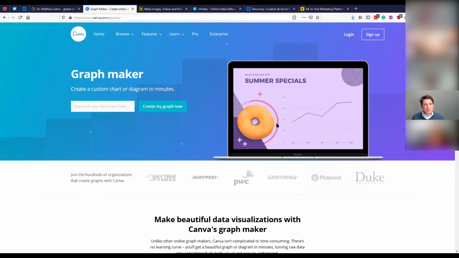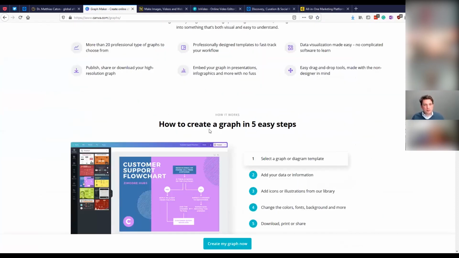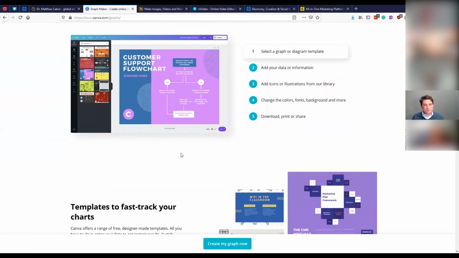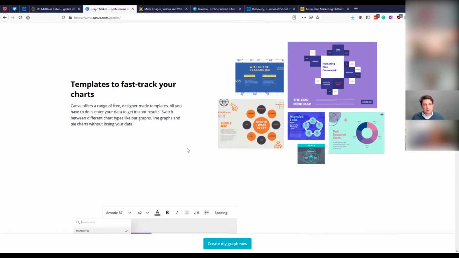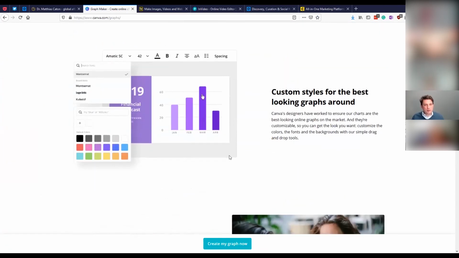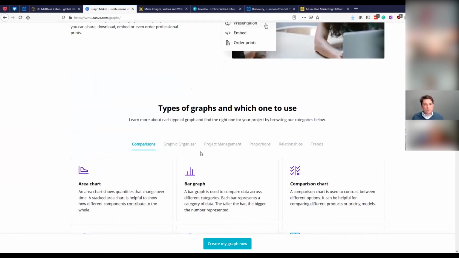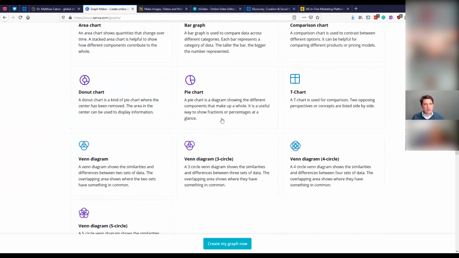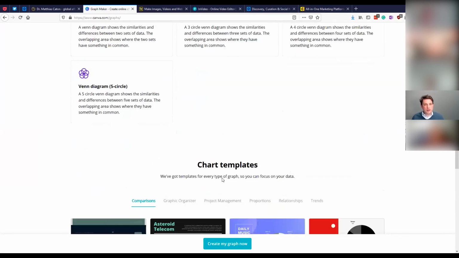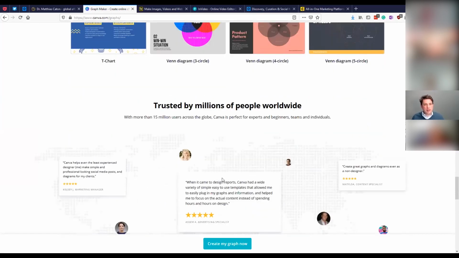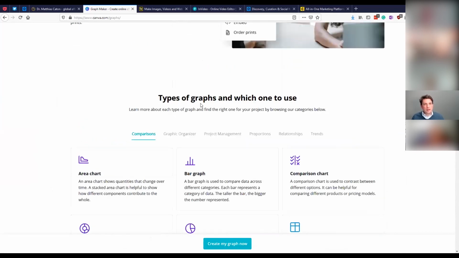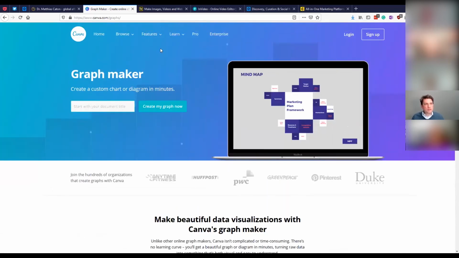So you can produce graphs, for example, that you can then post. Like these infographics. You can work with data. You can use photos. You can put text on it. You have different forms of charts here that you can select. Very easy, very straightforward. Just click and point.